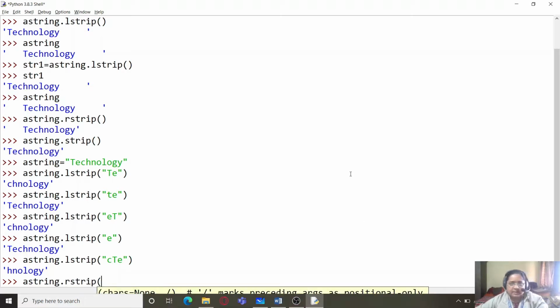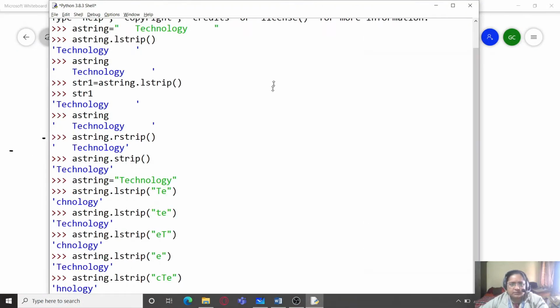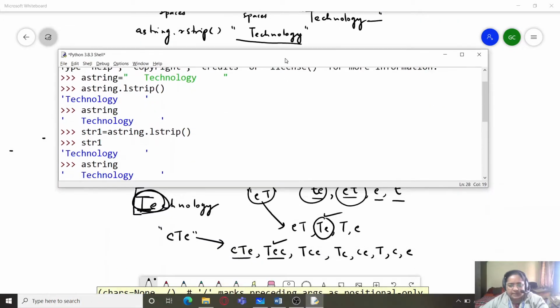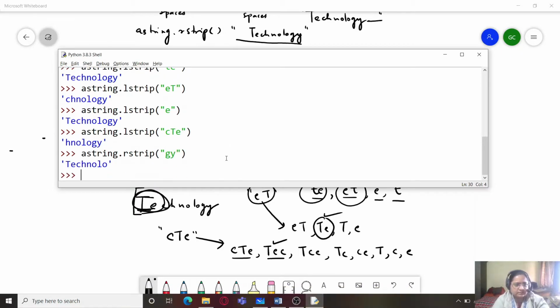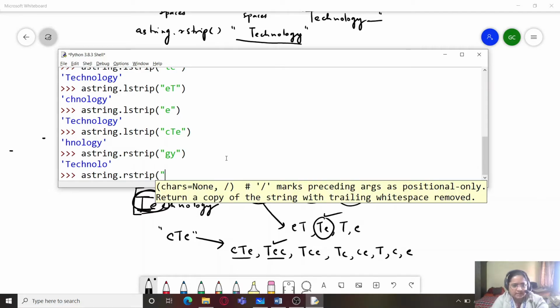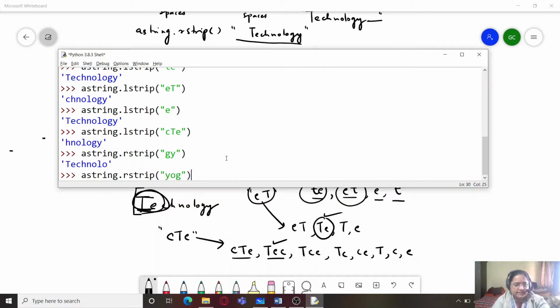So if I'm taking the rstrip function, it will also work in the very same way. Here also we have "technology". If I try to remove "gy" from the end, that will be removed. In rstrip, I'm going to write here Y, O and G. So it finds a combination.